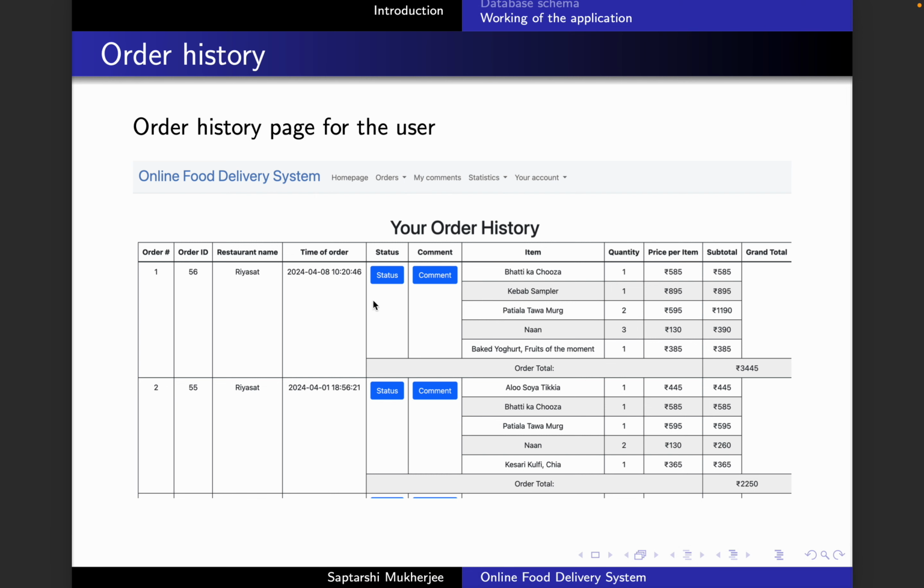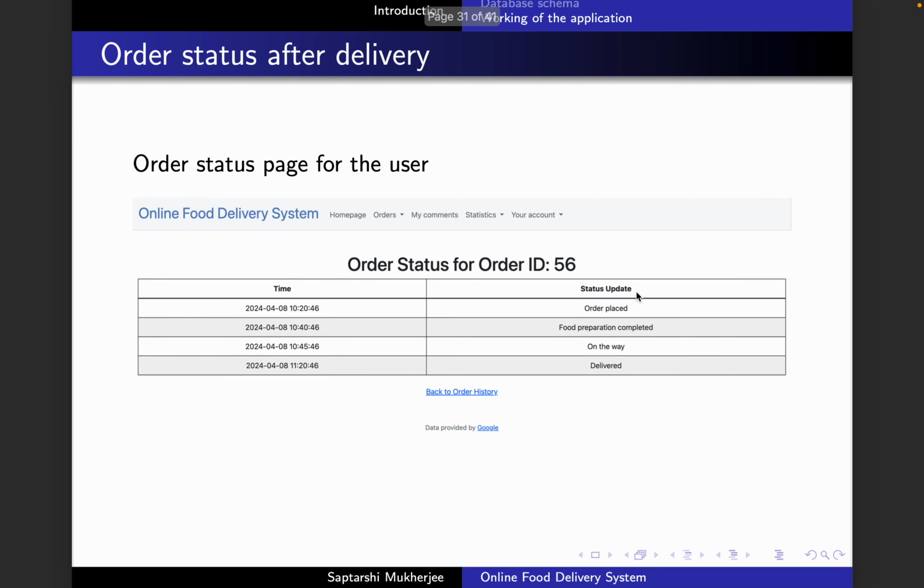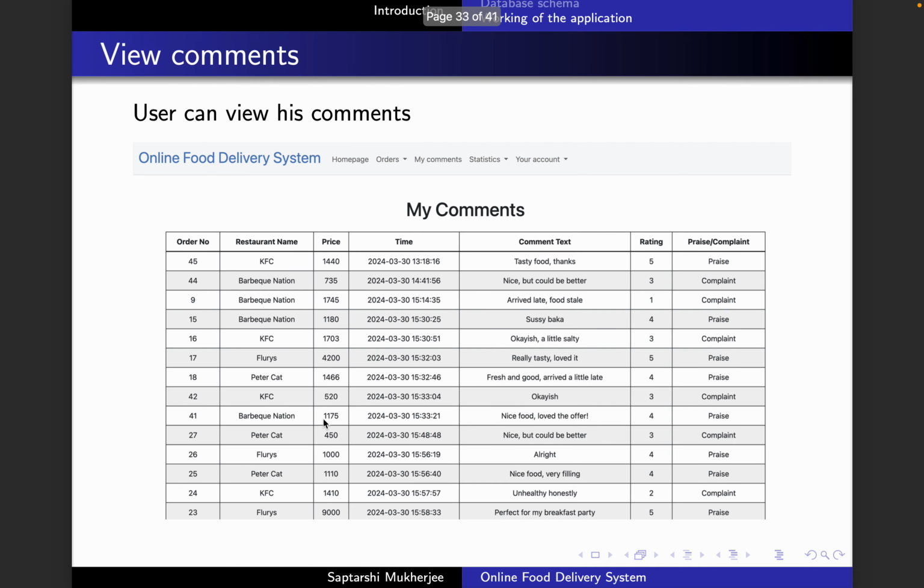You can view all of the orders you made, and you can view your order status. You can also comment on the order. So this is the order status just after you place the order. You can only see that the order has been placed. You can also see it after the order has been delivered. There are 4 status updates you will receive. The first one is that the order has been placed. The second one is that the food preparation has been completed. The third one is that the order is on the way, and the fourth one is that it has been delivered. You can also comment on an order, whether it is praise or not, and you can also give a rating. Here you can also see whatever comments you made,